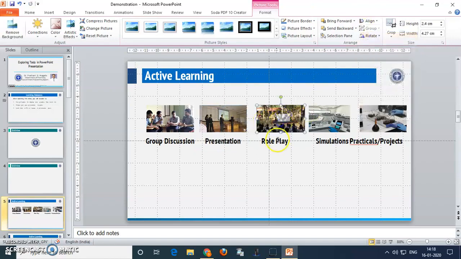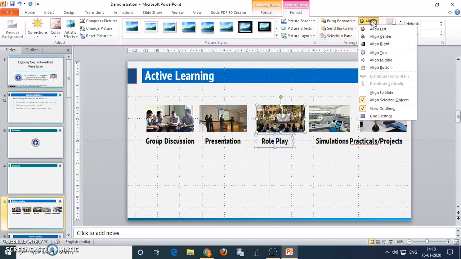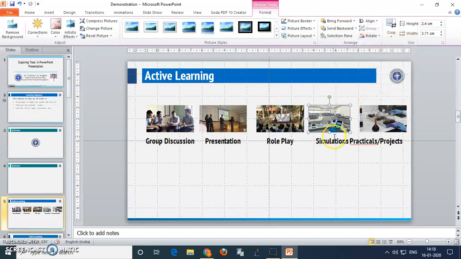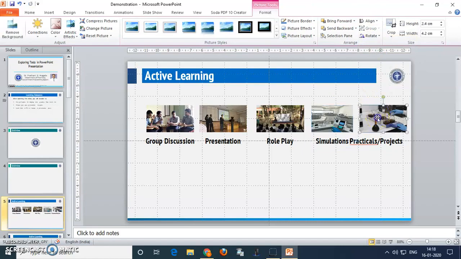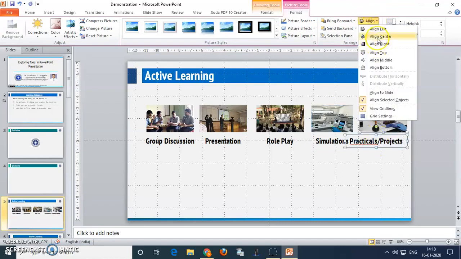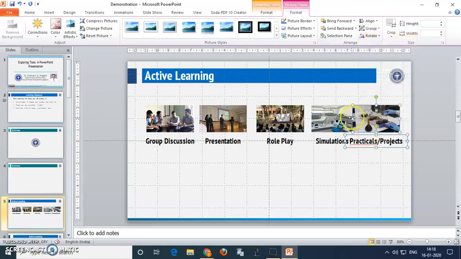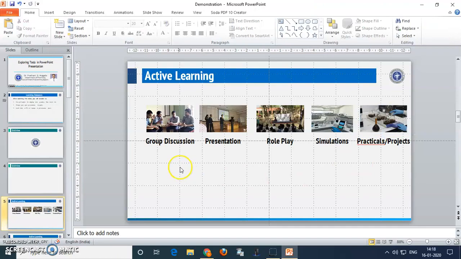Align center, so it becomes in line. Align center. Again click on align, align center. Again click on the last image along with its title, then align center. Here this image has overlapped, so just pressing the right arrow key, the images are placed.